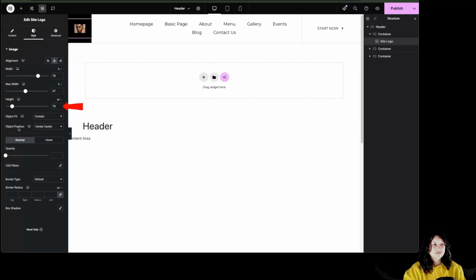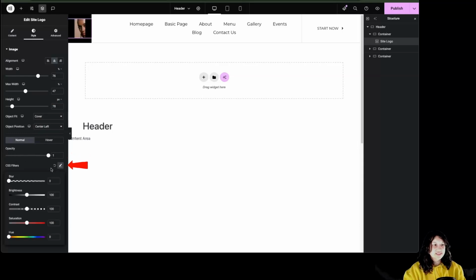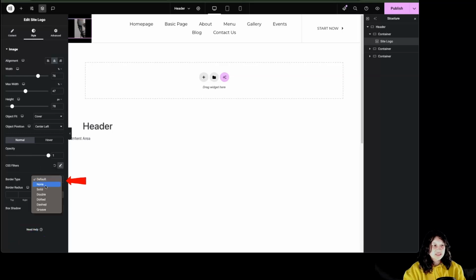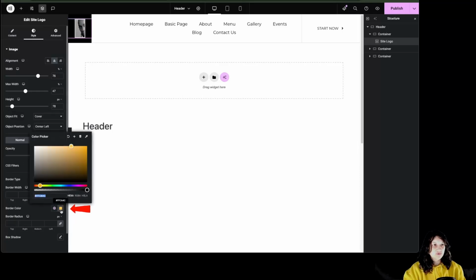height, object fit, object position, then we have opacity, some CSS filter if you want to, border type if you want to, color from over here, global colors or custom ones,